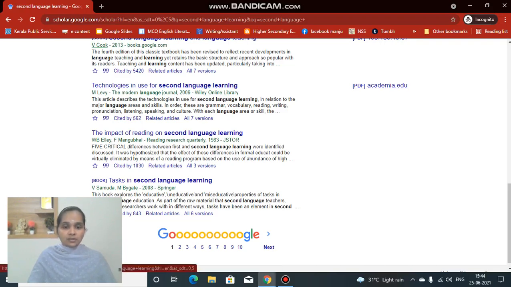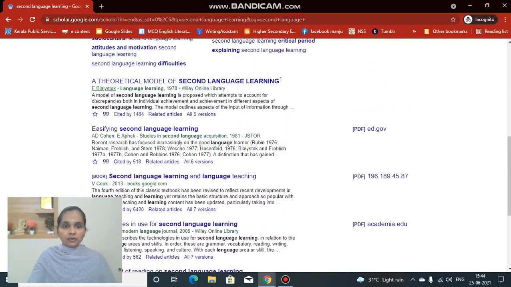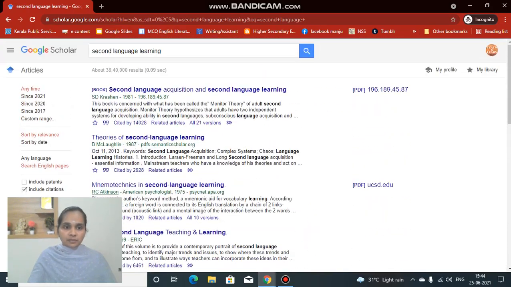Here you see many pages are being listed. So you can have a lot of papers from here, but I have given just the words second language learning. When I search this, there are a lot of papers being presented here. So it's my need to make my search better, or I have to optimize my search. So I'm going to use Boolean searching.